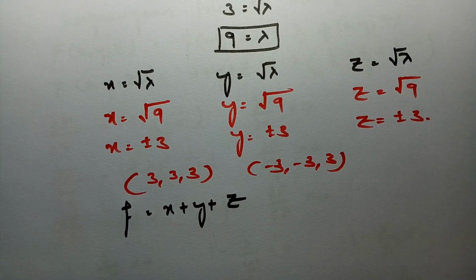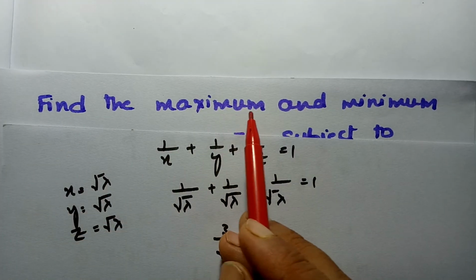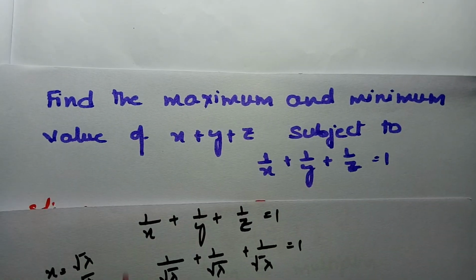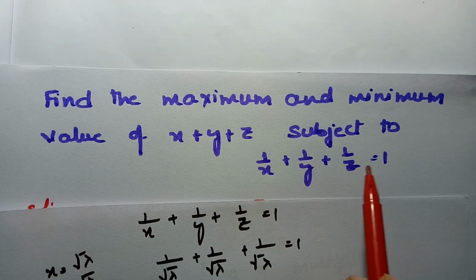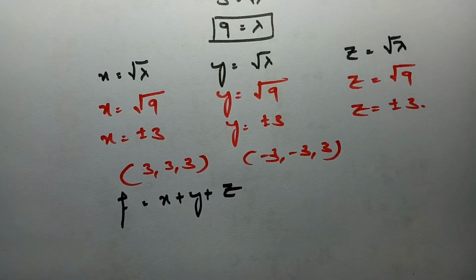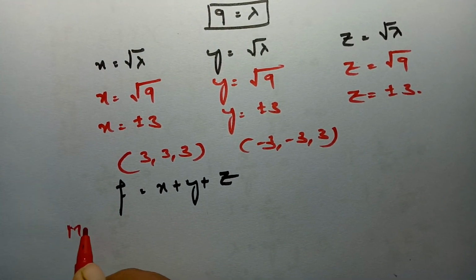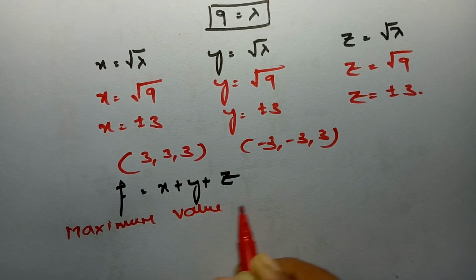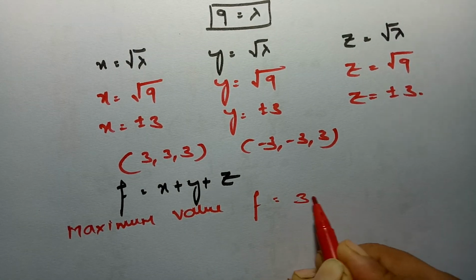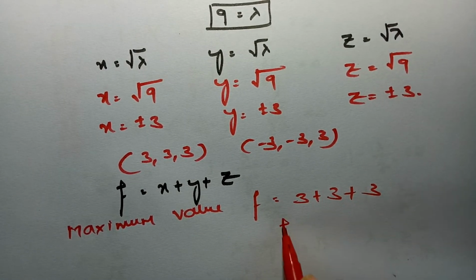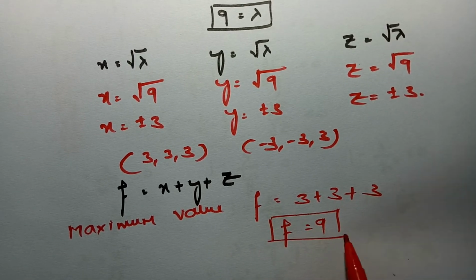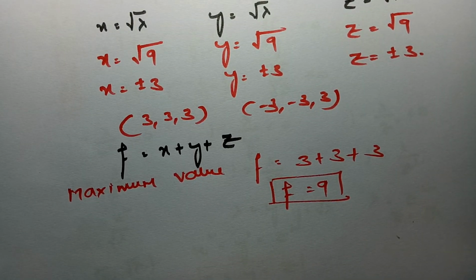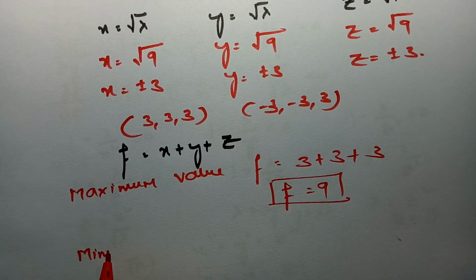In the question, we have to find the maximum and minimum value of the function subject to the condition. Our maximum value is f is equal to 3 plus 3 plus 3, and f will be 9. The function f of x comma y comma z is 9, and for the minimum value,